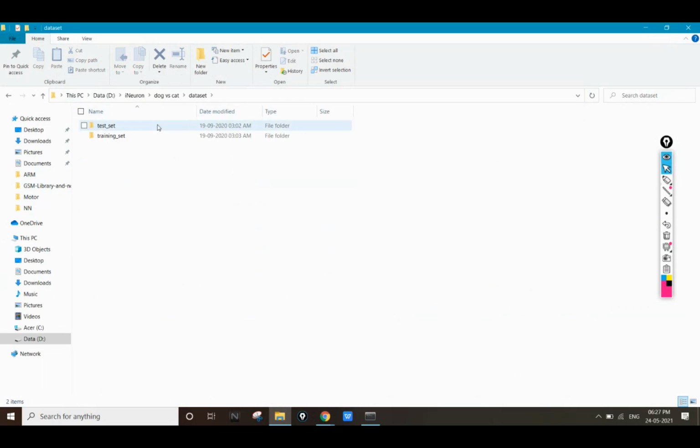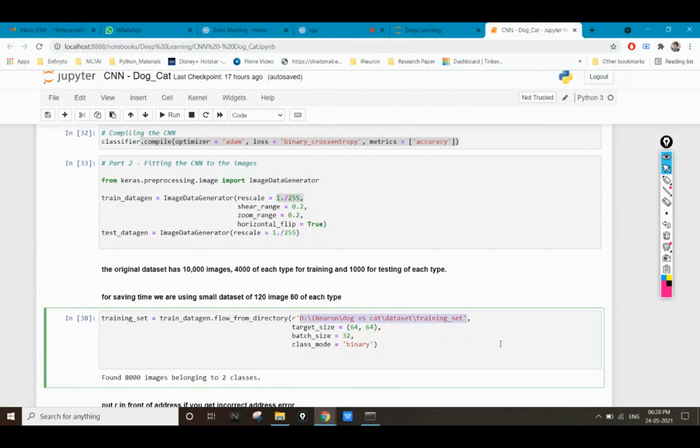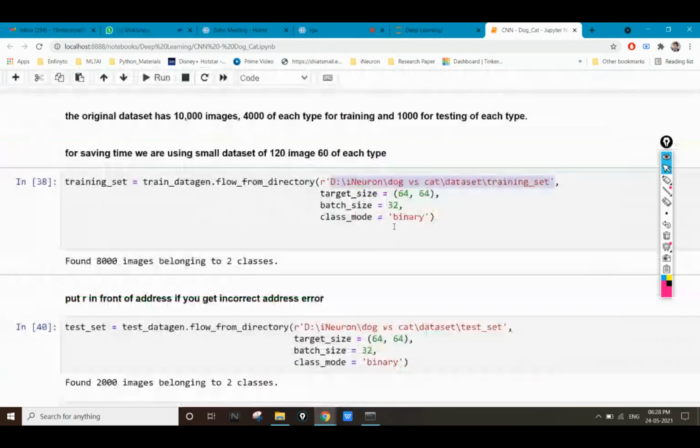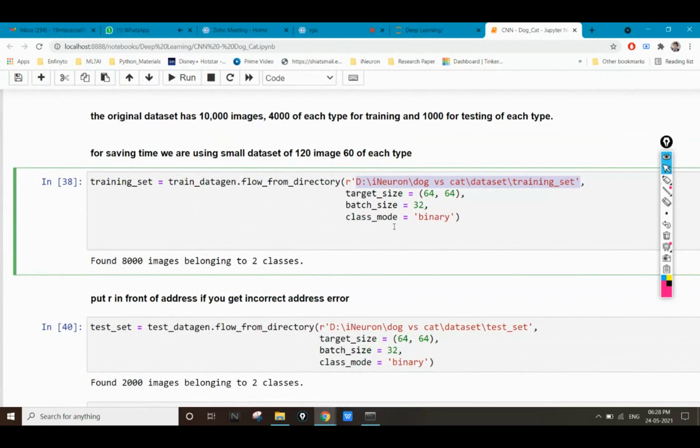I'm providing the address of the test set, in which I have both the classes, cat and dog, and the address of the training set. So I'm not providing any particular image, I'm providing the whole bunch of images, meaning all the 4,000 images of one particular class at once.